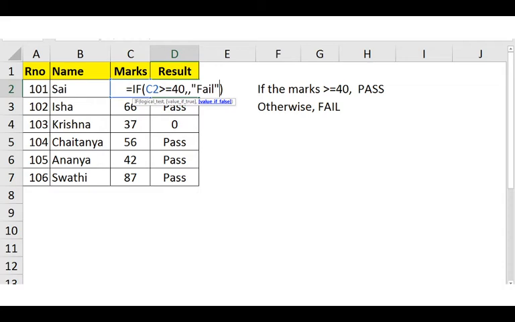Here in this example, I am not giving any second parameter, but I am giving the third parameter. Now if I press enter and apply autofill, wherever the condition satisfies, there it is displaying 0, otherwise it is displaying fail, which is again not logical.